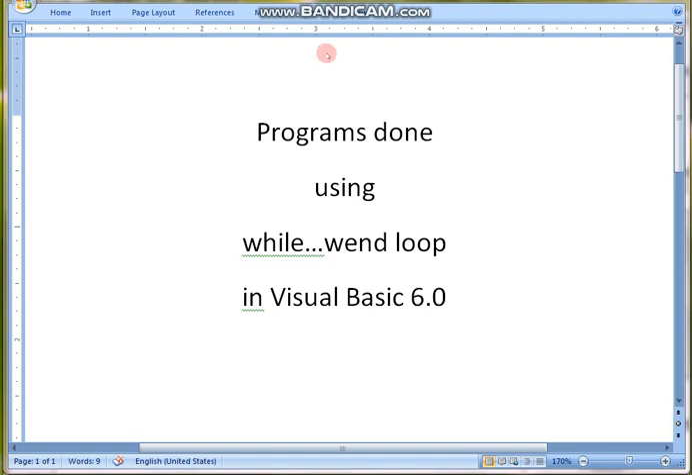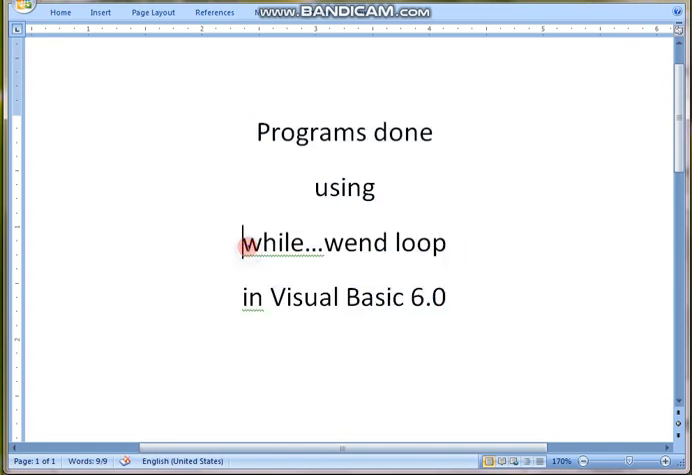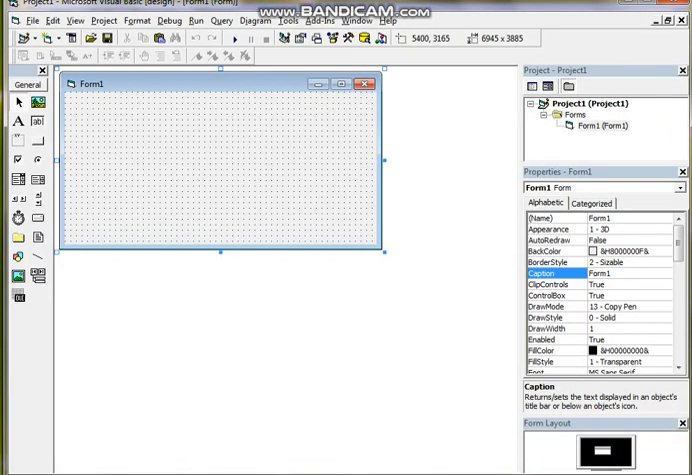So here, students, we are going to see some programs using the while wend loop in Visual Basic 6.0. Fine. So let's start. So the first program I'm trying,